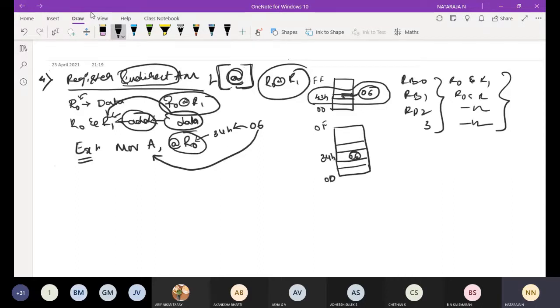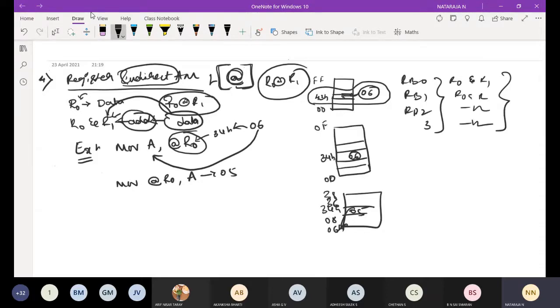That is one example. Like that we have many examples. For example, MOV @R0, A. R0 holds the address location 34H. In that address 34H I am going to store whatever data is in the accumulator. For example, if the accumulator has 05, that data will be stored at address location 34H as 05. This is the address and this is the data. Like that we use this second instruction.